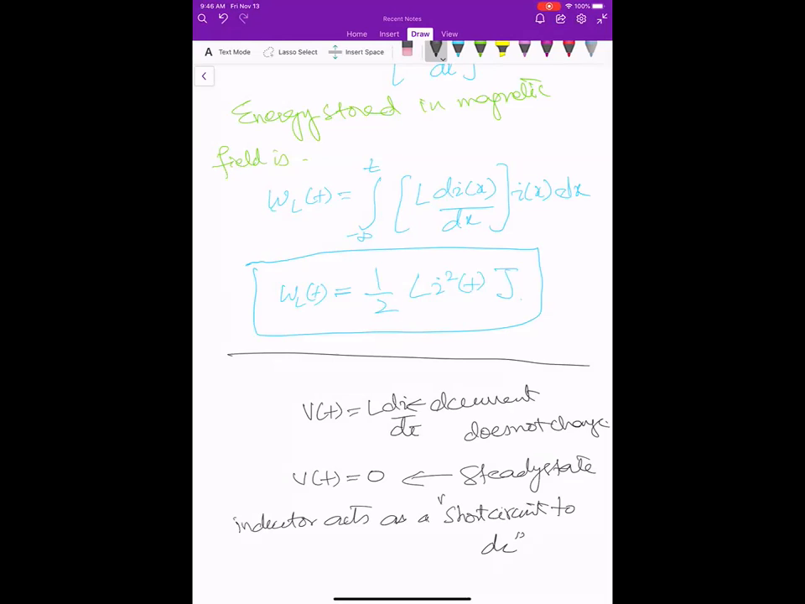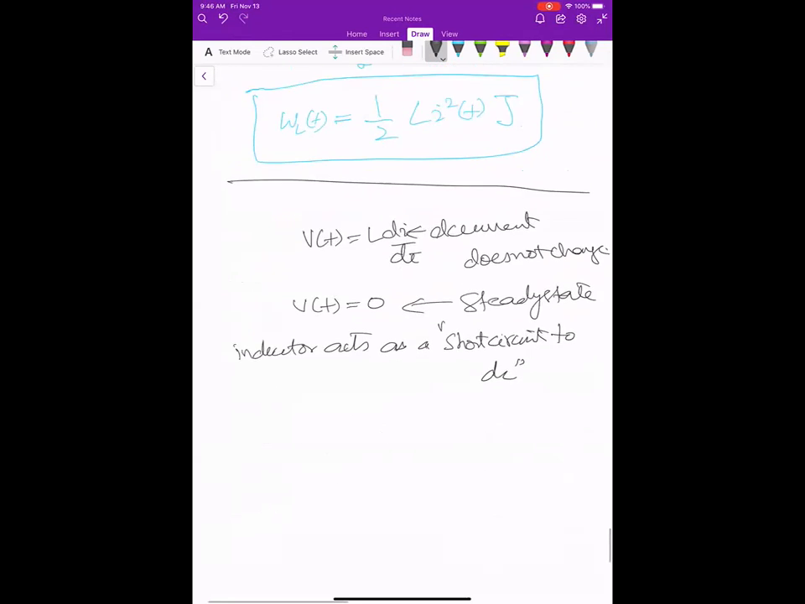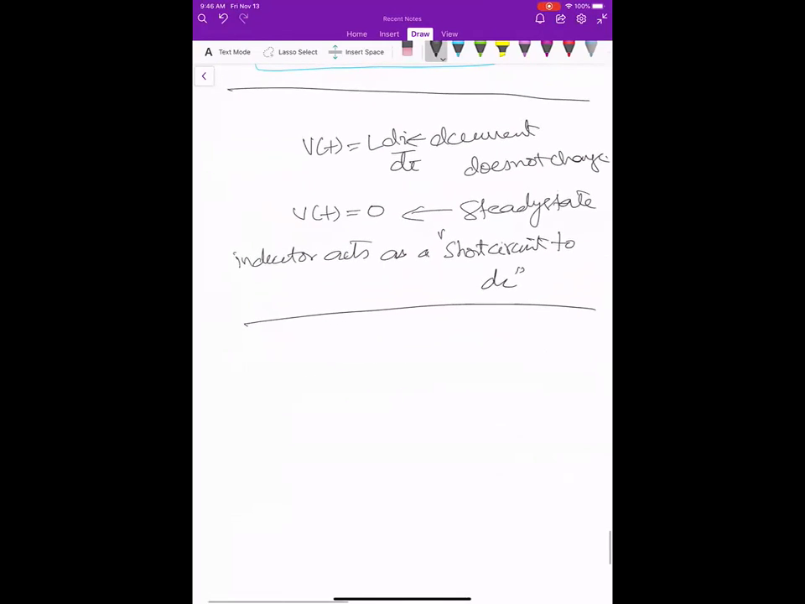Yeah. Capacitor was acting as an open circuit to DC, but inductor acts as a short circuit to DC. So I am quickly trying to solve a circuit which may help us to understand